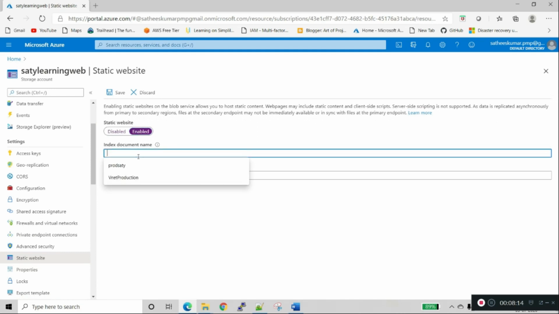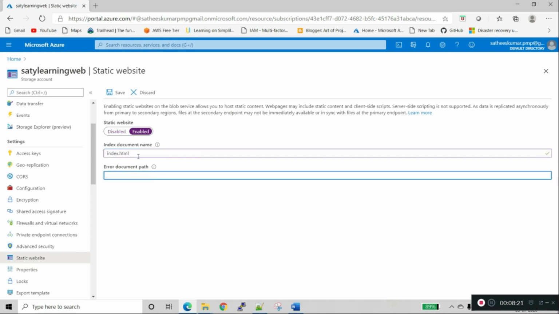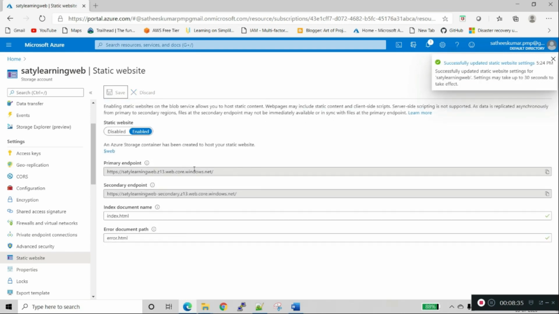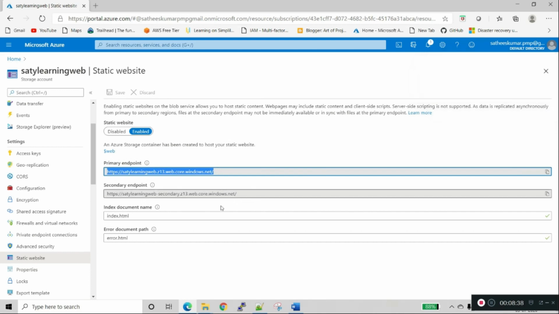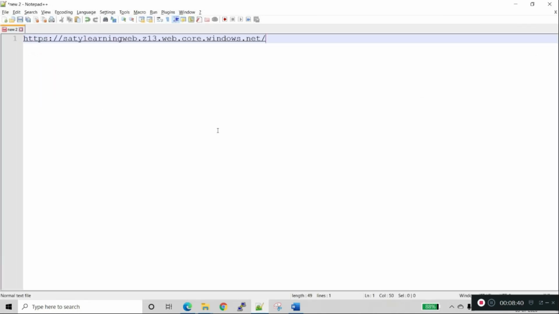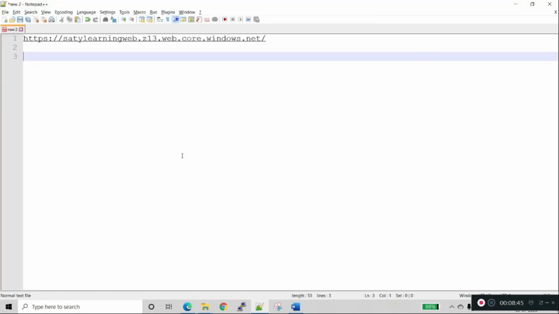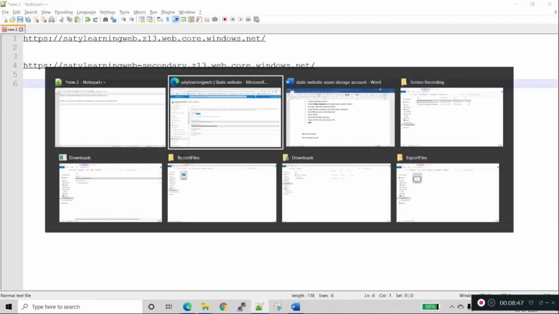We will give the index document name index.html, the error document path error.html, and we will save. We will copy the primary endpoint and secondary endpoint into Notepad. We will use this later.